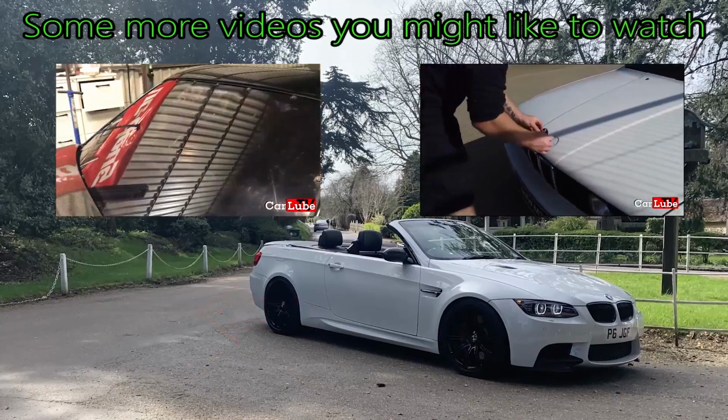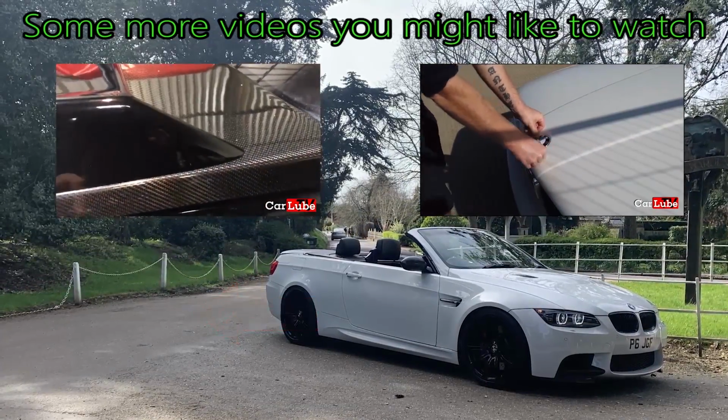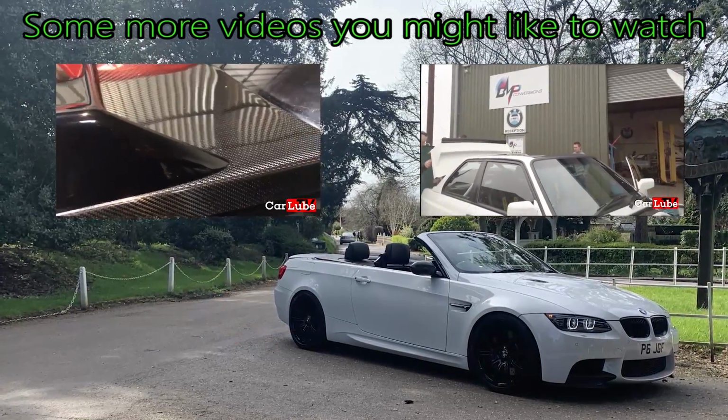In this episode, we will take you through the final fit-up of the car. And yes, I did just say final fit-up, because today is the day